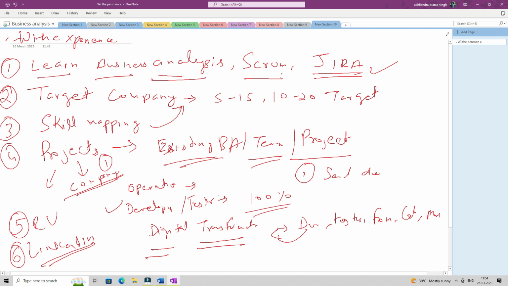But if you are a developer or tester, you don't have any excuse. You just need to reach out to your company. In fact, you already have access to all the tools and information you need. It's just that you have to practice doing business analysis by yourself. If you are a developer, you already have access to user stories. That's how you develop. If you are a tester, you already have access to user stories. That's how you write test cases. So you cannot complain. Reach out to your BAs, ask them if they need any help. You can play the junior BA there.